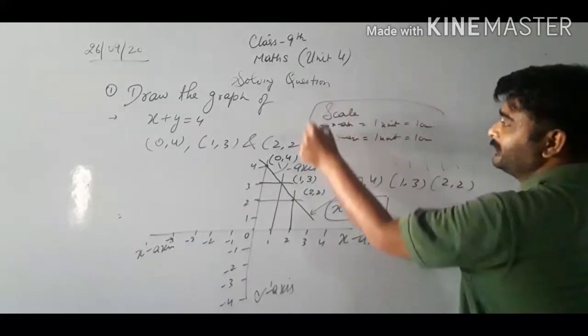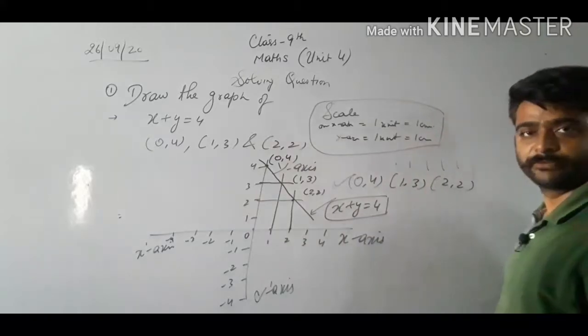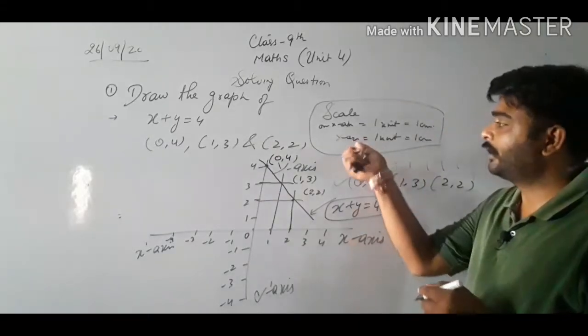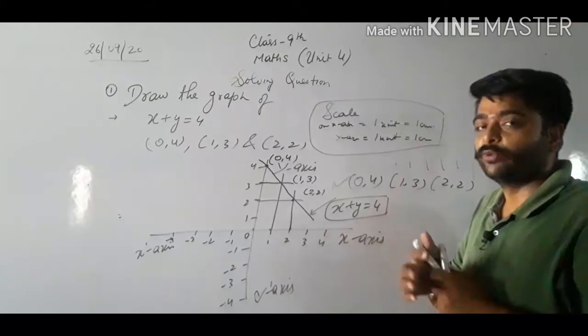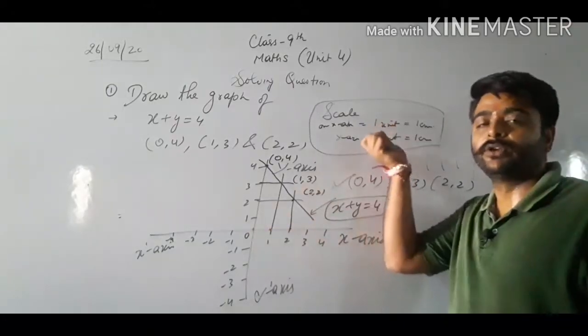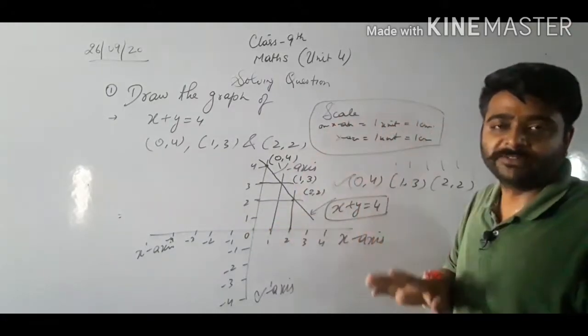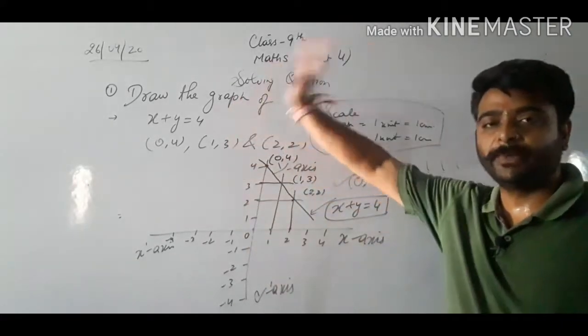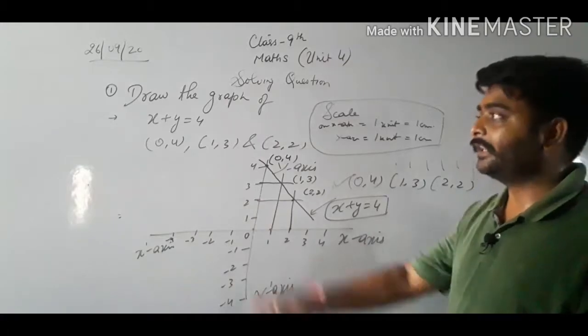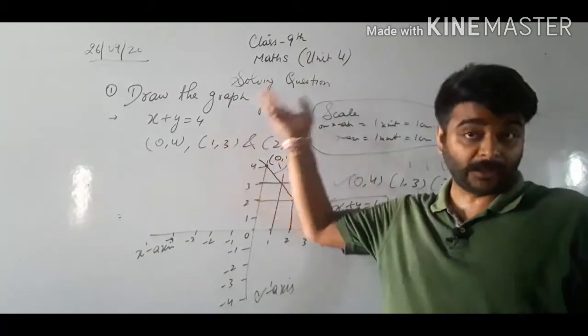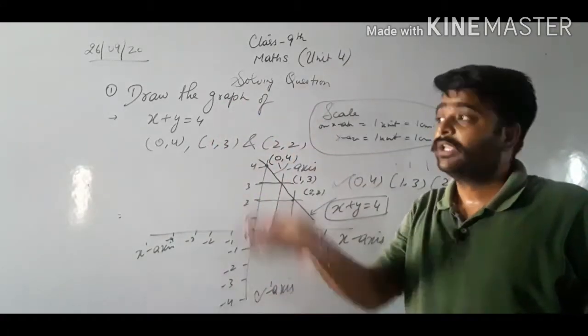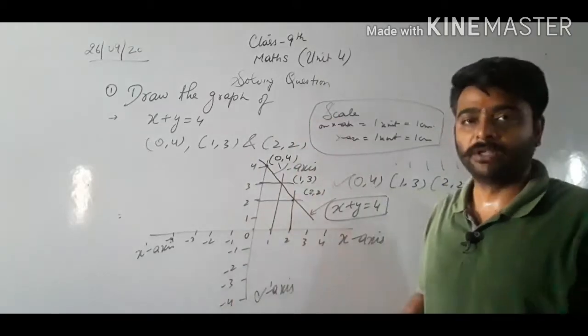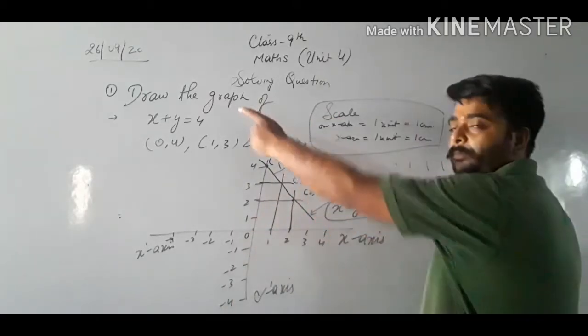So class, this plays an important role while drawing the graph, because from this we come to know that 1 unit is defined as 1 centimeter or 10 rupees, or you can say 15 centimeter, whatever is given in the question. It depends entirely on the given question: in the question it may be rupees, in a question it may be a distance, in a question it may be a velocity, and so on. So the unit will be defined according to that measurement.